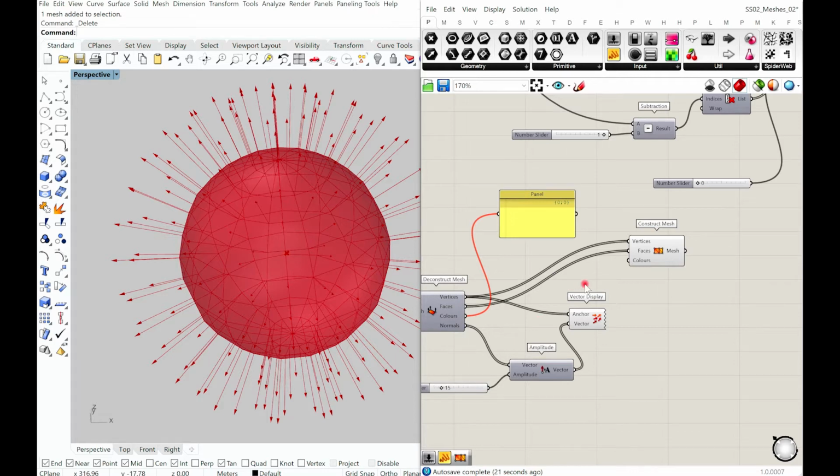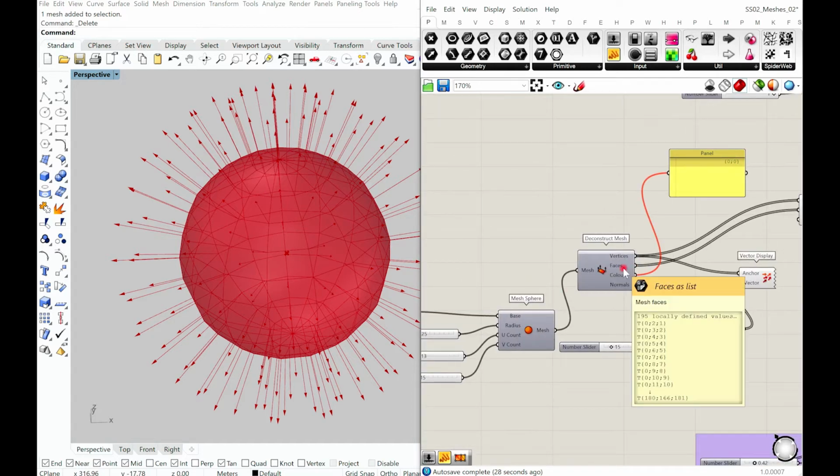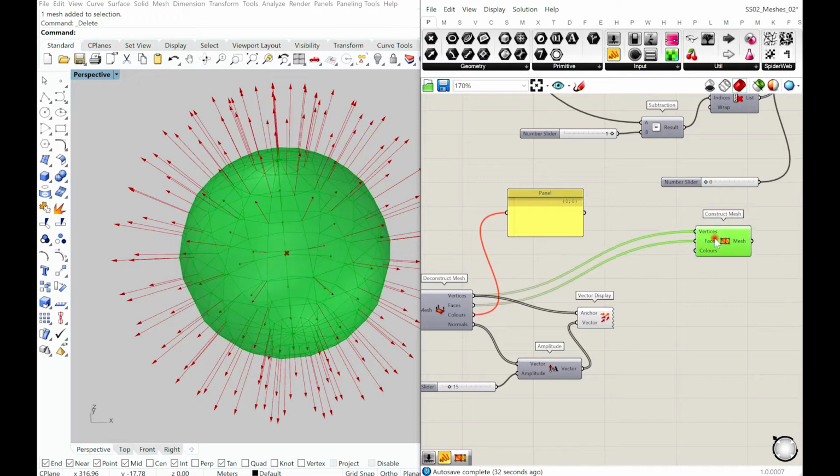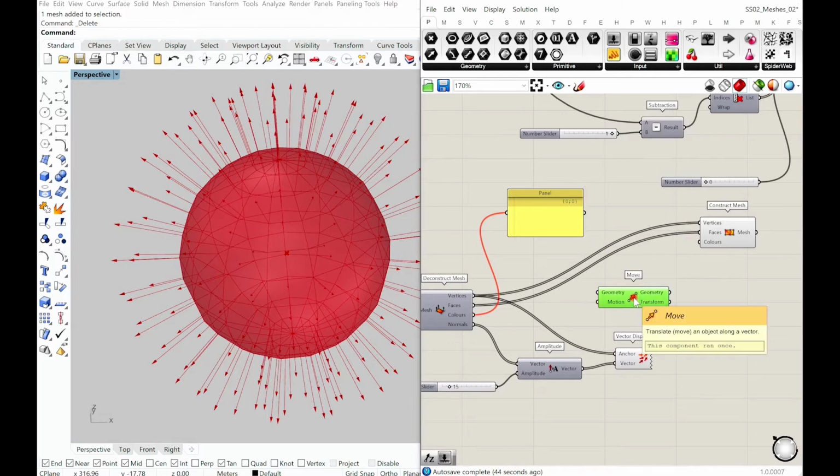Now here is where an opportunity comes to create something interesting, because we are able to deconstruct a mesh into vertices, which are simply points, and are able to recreate that back into a mesh. So what if I modify or manipulate or modulate these points? For example, what if I decide to move these points outward?